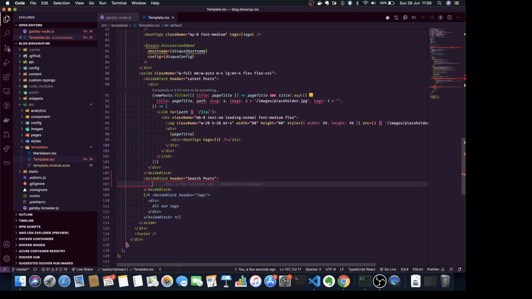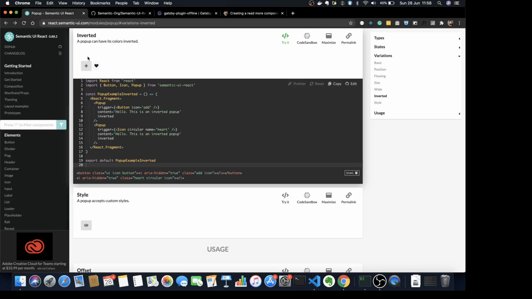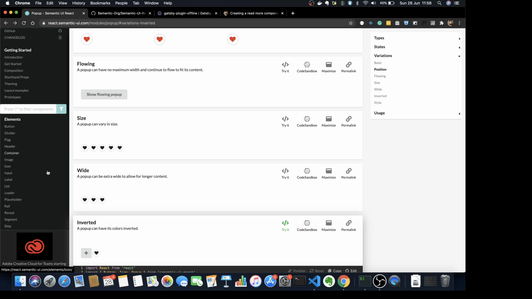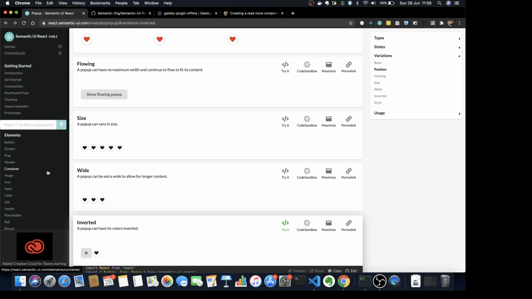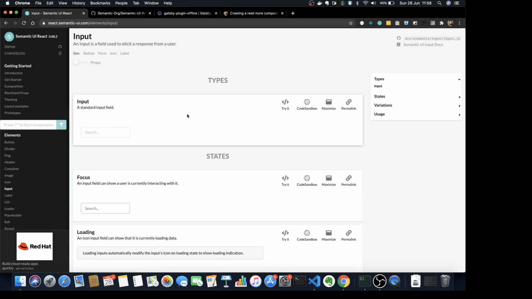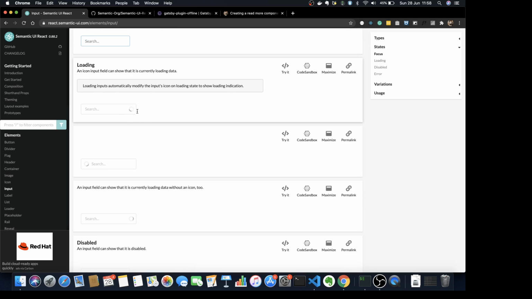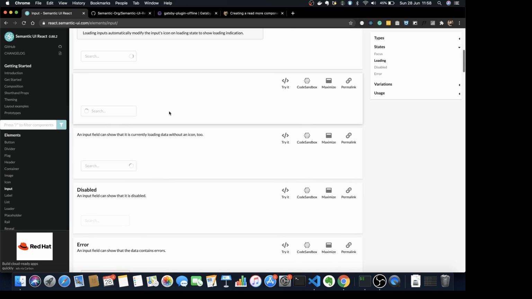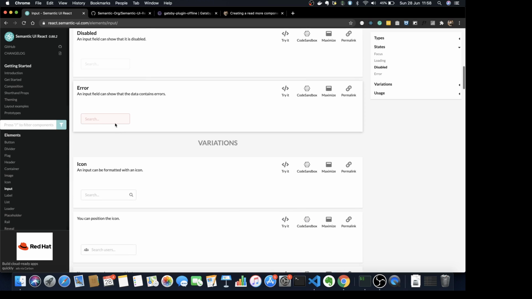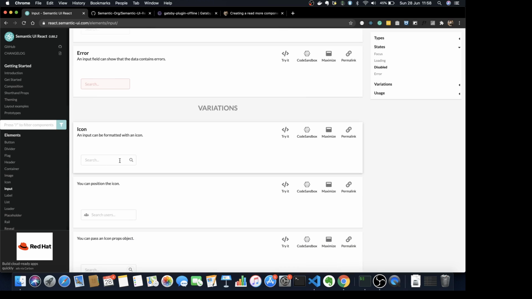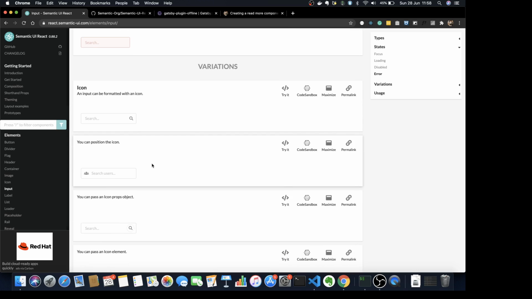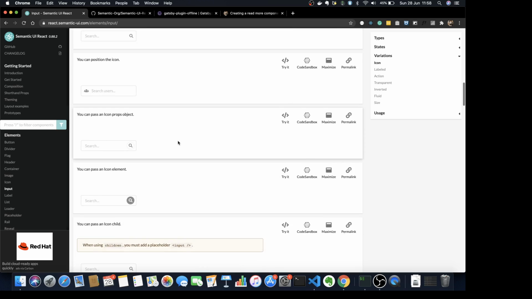So let me see. So I'm going to use Semantic UI here because it gives us a lot of components out of the box, and like, why make our own component when we can just use something, at least for small projects like this. So let's find input here. So we already have an input, and this is a nice one, input with focus. I don't need loading because everything is in client side, so it's going to load pretty fast. No need for error. Icon, yes, this I would need icon. I will need this icon, and let's see what else